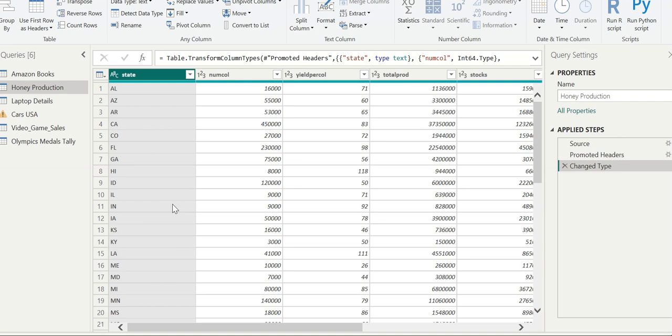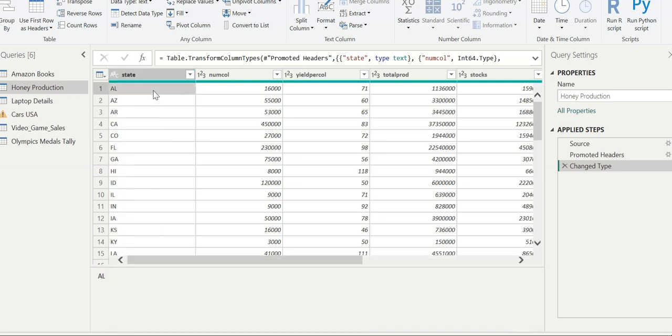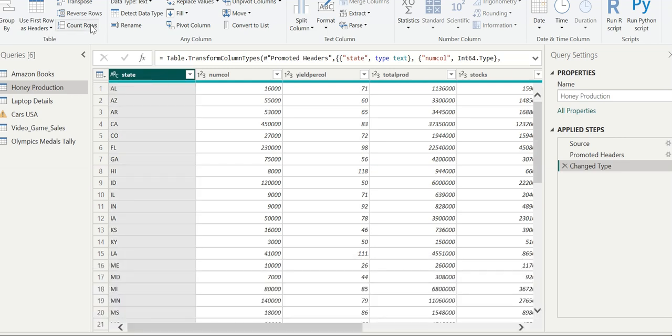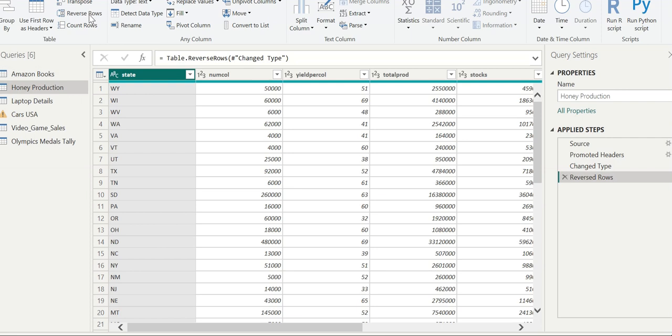Now you can have the order in descending format. So if I select this and reverse it, till now it was ascending, but now it is in descending order by year and state. We can scroll along with this, and we can see that we can also reverse here.